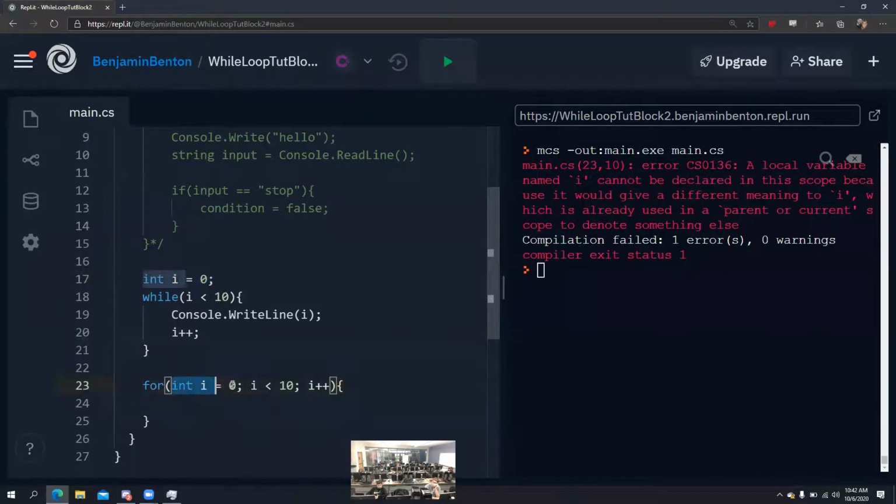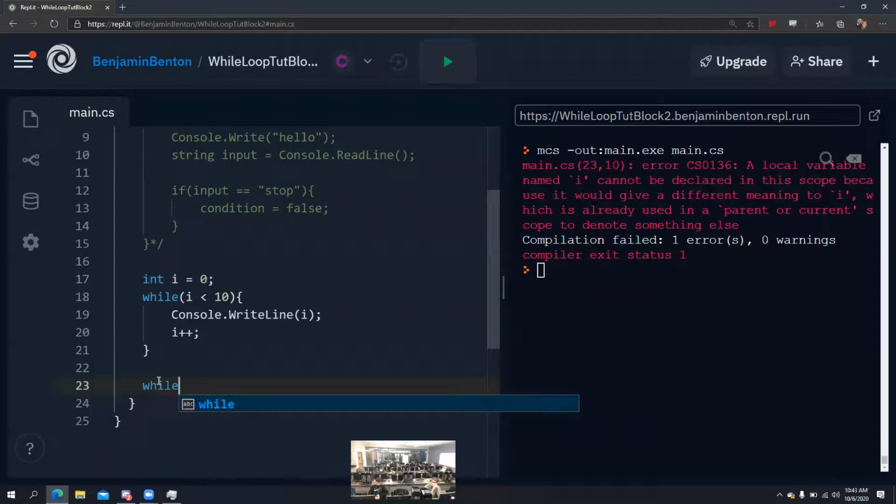In a for loop, when you declare your iterator variable, it only exists in this for loop, in this block of code. If you initialize an iterator variable outside of a for loop, it exists everywhere. So I is already taken. And when I change it here, so if I were to make another while loop that uses I again,